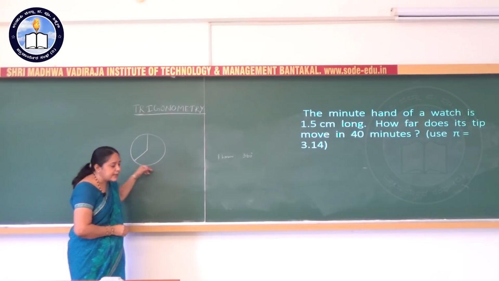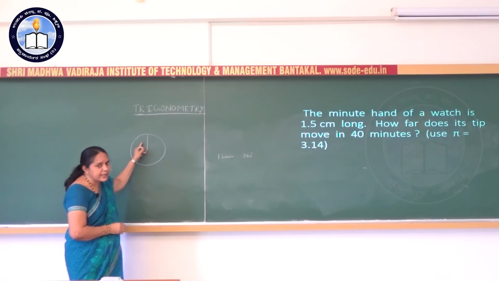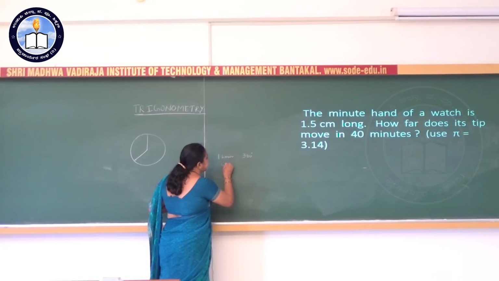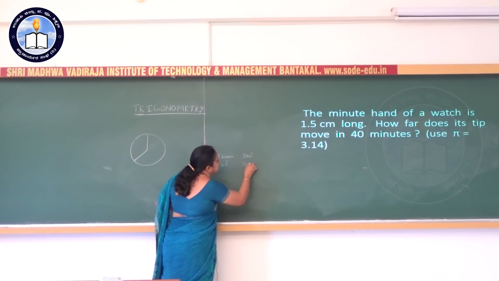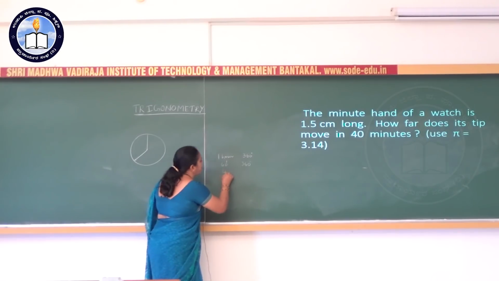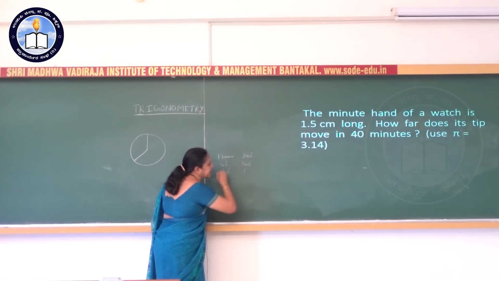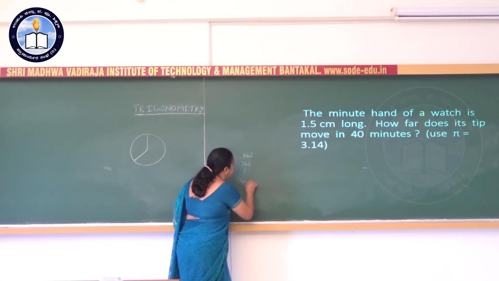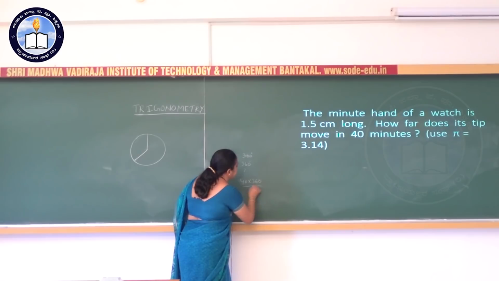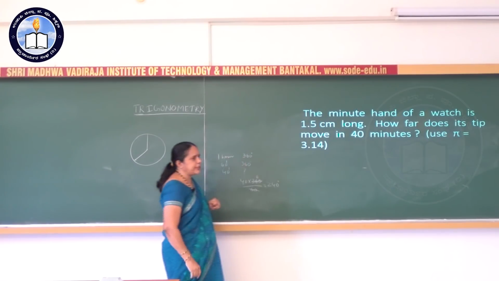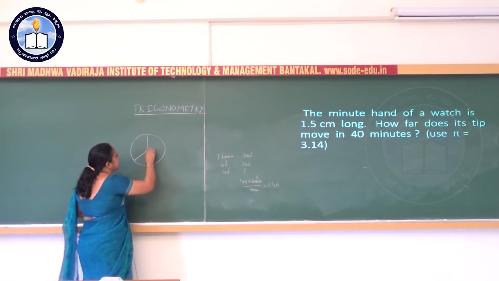In 1 hour, the minute hand turns an angle of 360 degrees. That means in 60 minutes, the minute hand turns an angle of 360 degrees. In 40 minutes, what is the angle turned by the minute hand? That is 40 into 360 divided by 60, that's equal to 240 degrees. So the central angle is